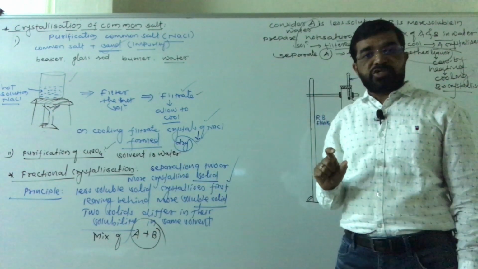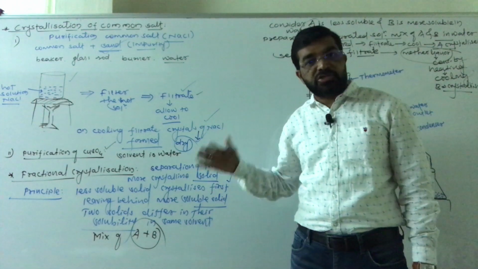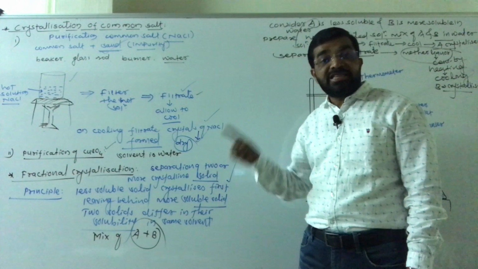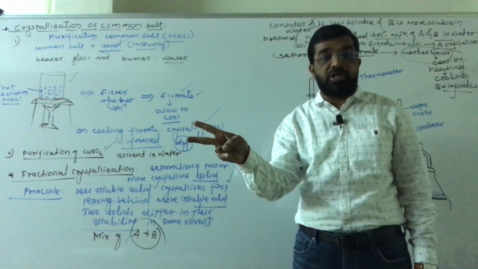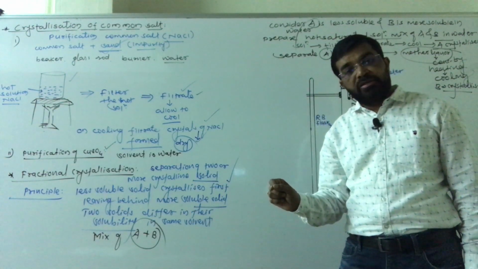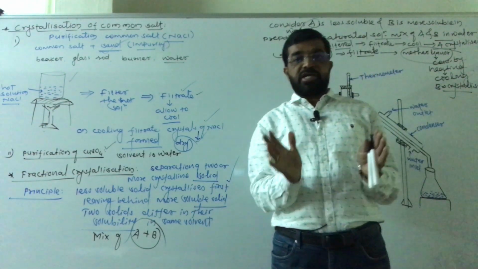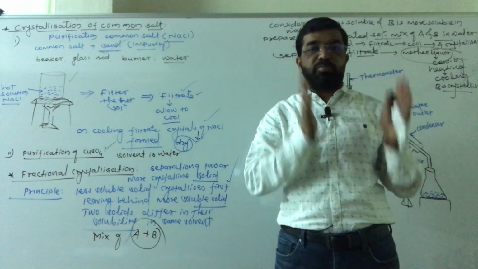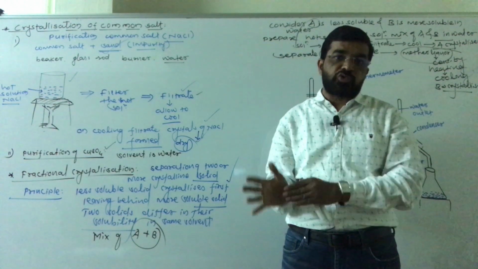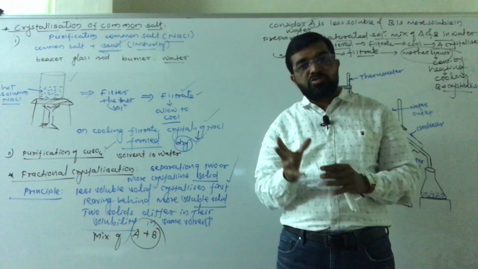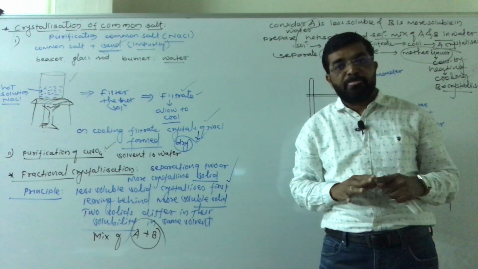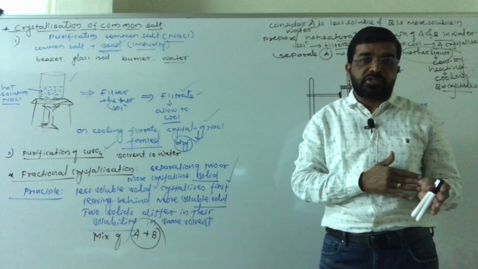Principle of this process is the less soluble substance crystallizes first, leaving behind the more soluble substance. In the same solvent, both have different solubility. Here we have taken mixture of A and B crystalline solid. First of all, prepare the hot saturated solution of that mixture of A and B in suitable solvent, in which A is less soluble and suppose B is more soluble. When hot saturated solution is prepared, then filter the hot saturated solution through filter paper to remove insoluble impurities.